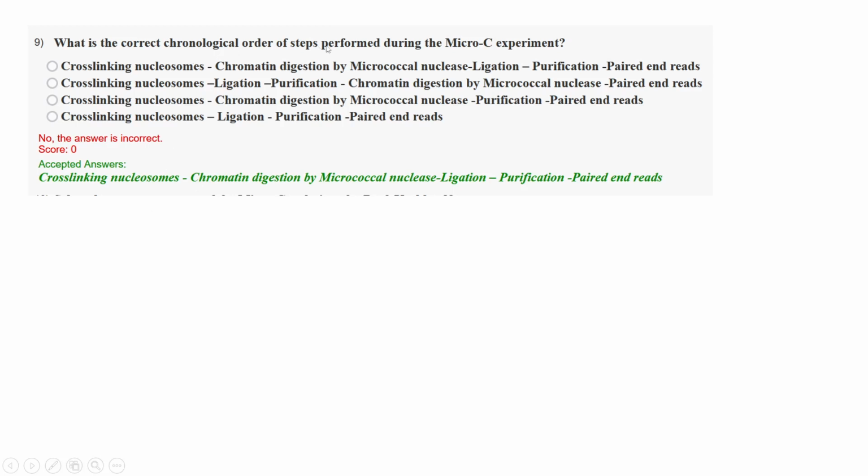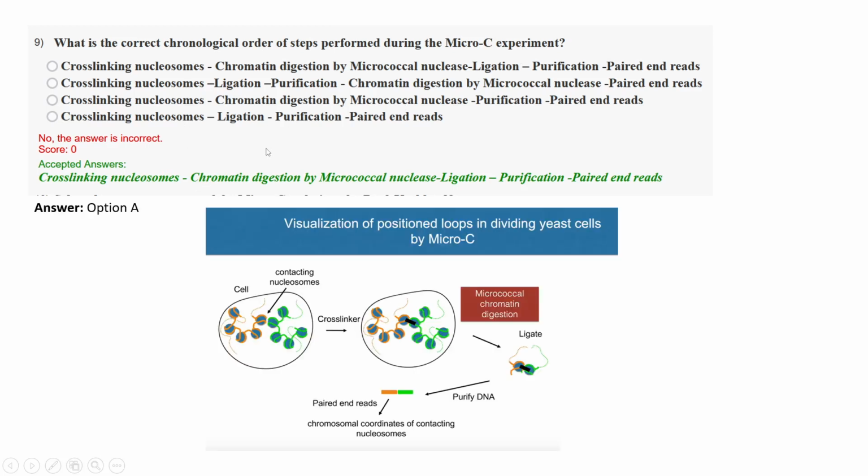The last question is, what is the chronological order of the micrococcal experiment? The micrococcal experiment actually brings two nucleosomes closer to each other. In this, option A is correct. In the micrococcal experiment, what it does is that